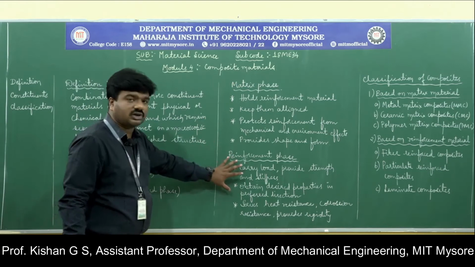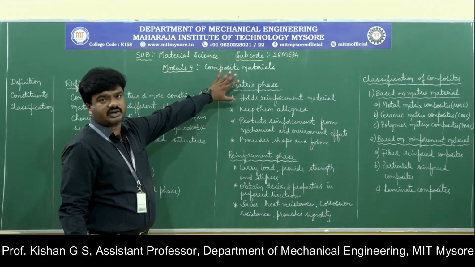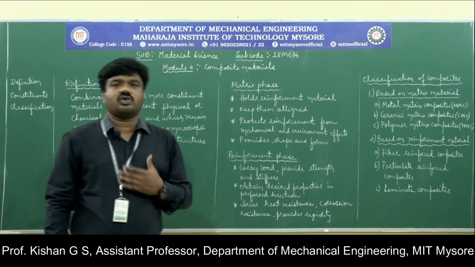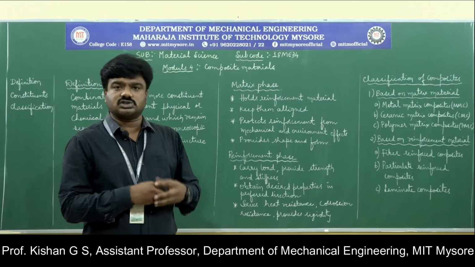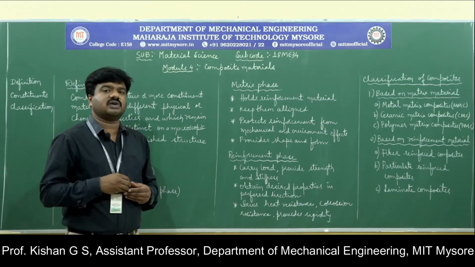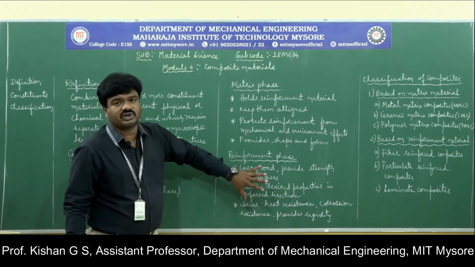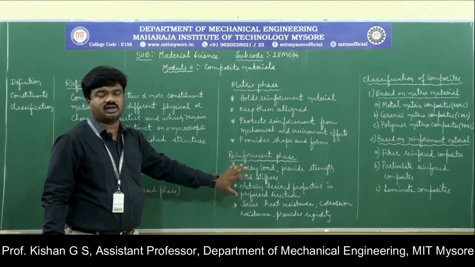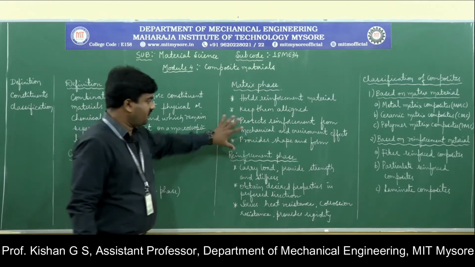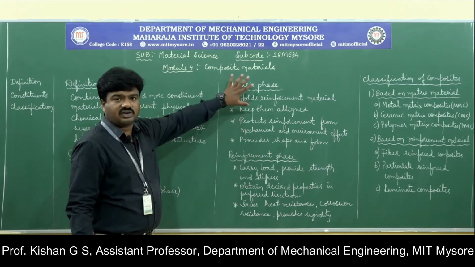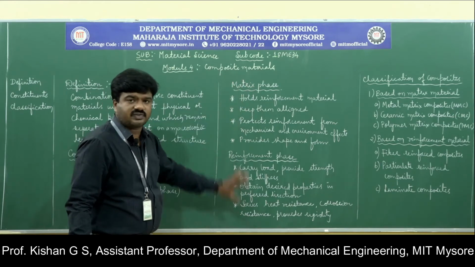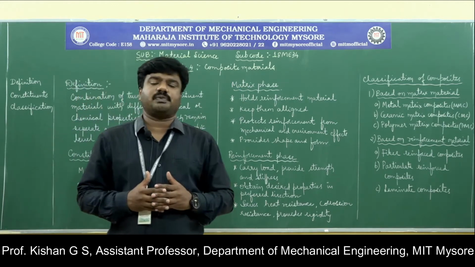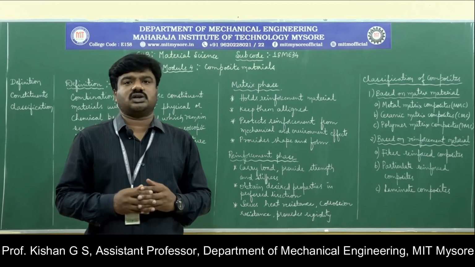It can be 50% of reinforcement, 50% of the matrix, or if you want better strength properties, if you have better curing techniques, which we are going to study during the production of composites in this module, at that particular point of time what we do is that we keep maximum of reinforcement and we keep optimum, necessary content of matrix to bind the reinforcement. Say for example 50, 50 is one phase, 55, 45, 60, 40, 65, 35 as such. So the combination will be worked out based on the targeted applications which is being considered for the requirement of